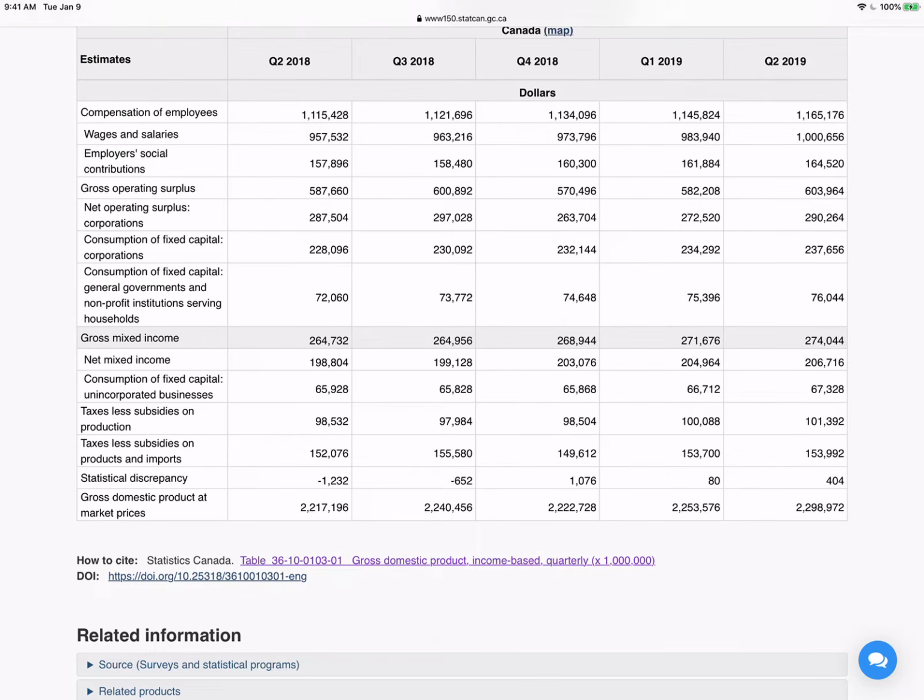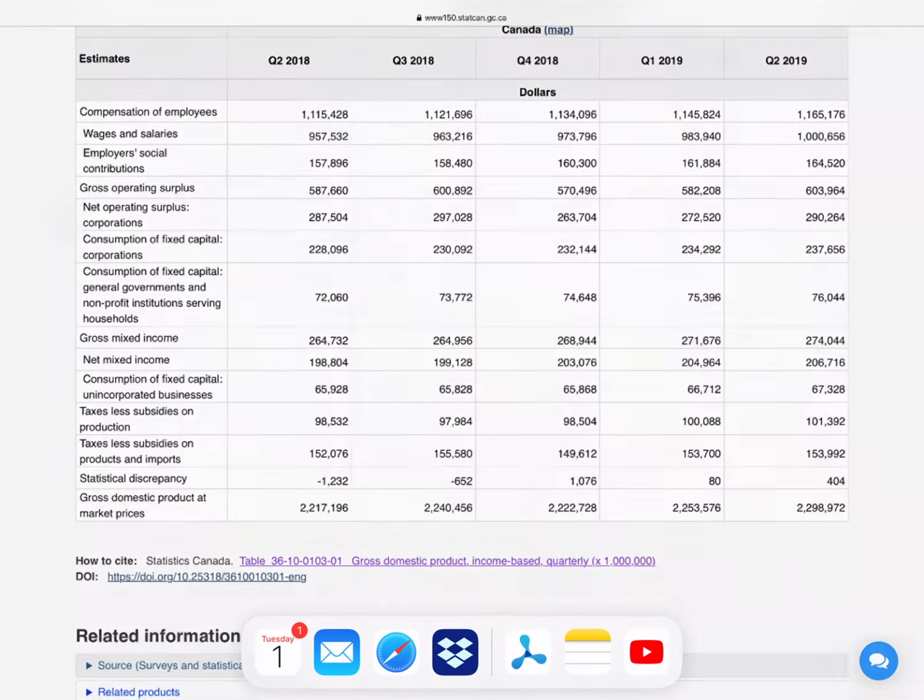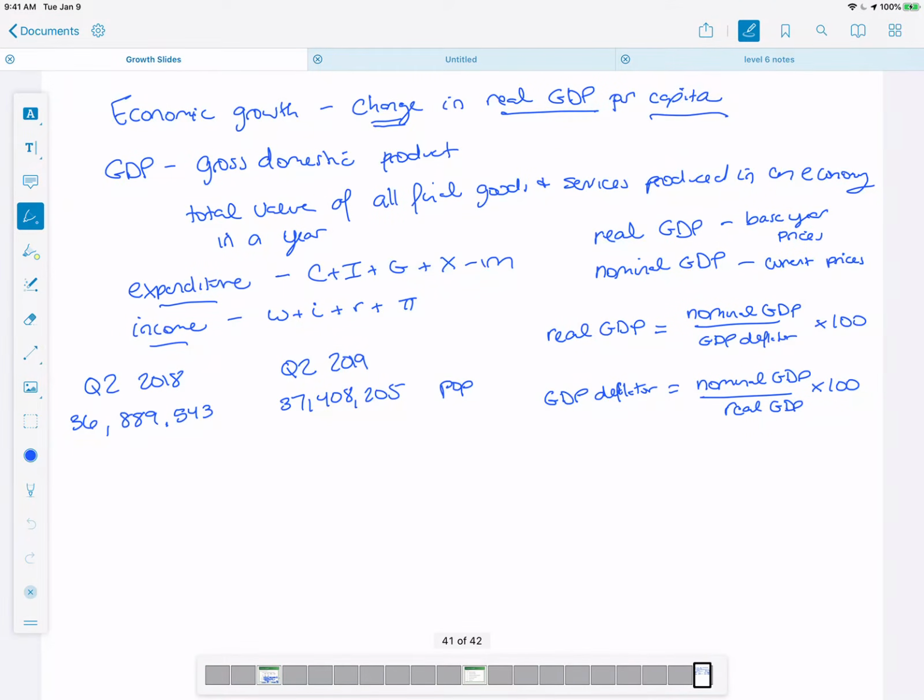So I'm just going to take this information from our table here, and we're going to go back to our slides. And that was the population we had before, and now we have nominal GDP. So I'm just going to write it down here. Our nominal GDP for Q2 2019 was